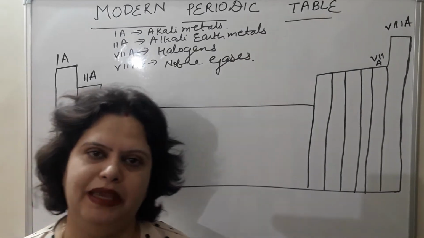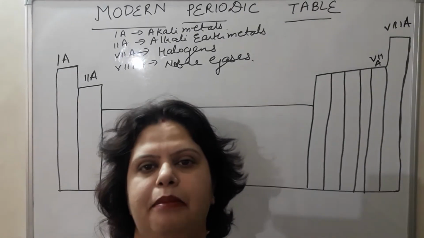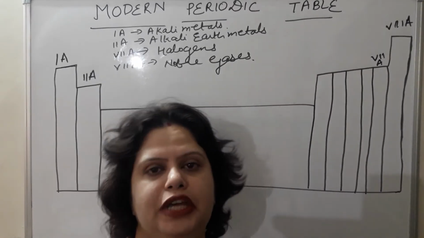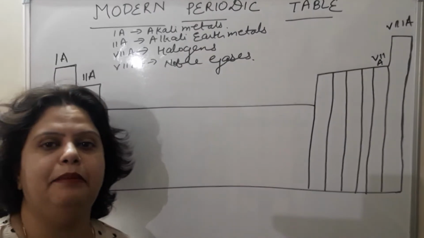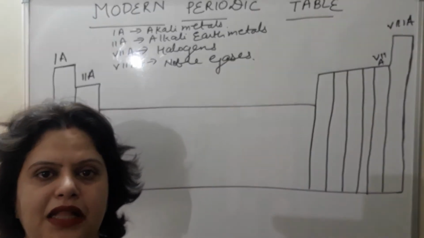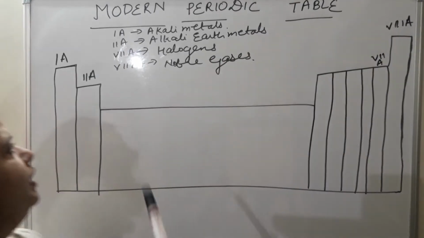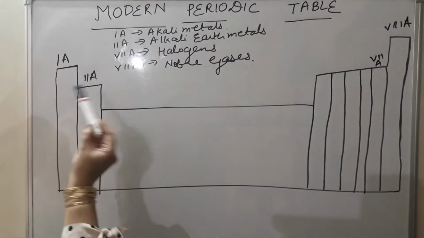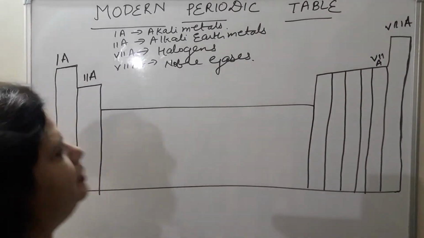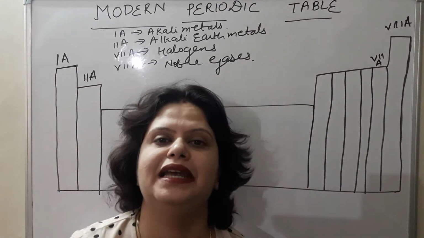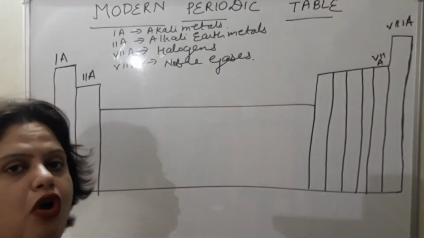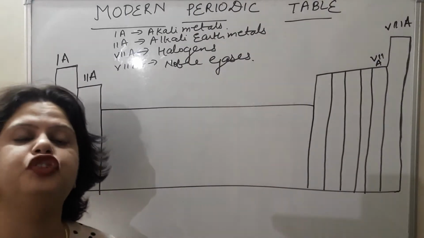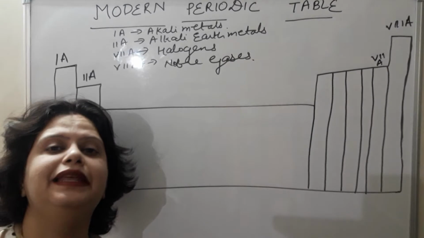So before starting atomic radius, first of all, today we will discuss the names of some specific groups which are there in the modern periodic table. As we already discussed, in the modern periodic table, a total of 18 groups are there. The vertical columns present in the modern periodic table, like in this case, I have shown only a few which are there in your syllabus. So these are the groups, and 7 periods are there, which are the horizontal rows in the modern periodic table. Here I have not shown the lanthanides and actinides because today we are going to discuss the names of specific groups, their examples, and why they are named as such.